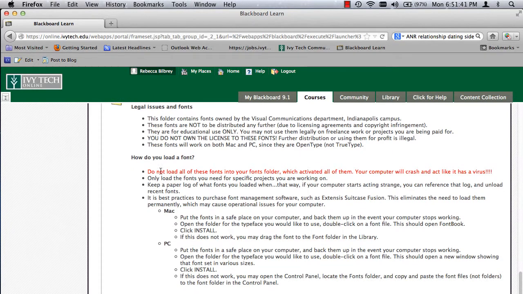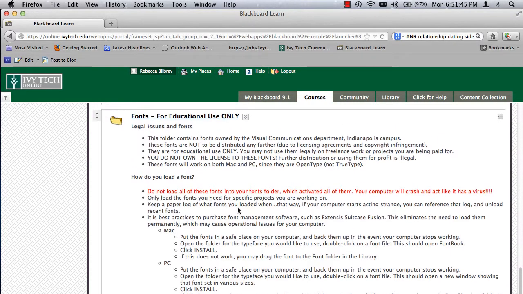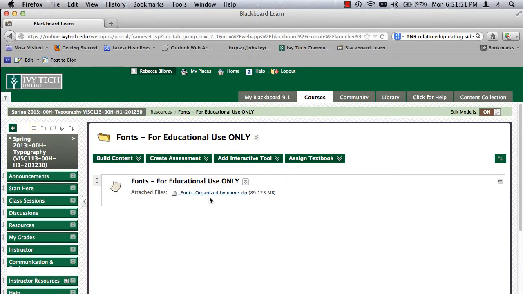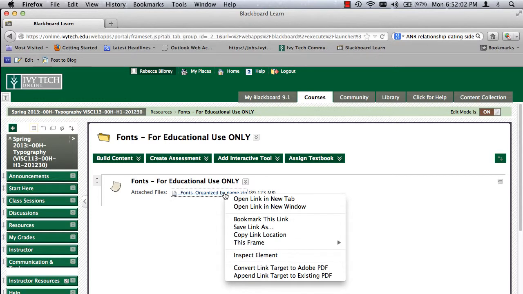Now, I do have instructions on how to load fonts here, but I'll also cover that in this demo. Now I'm going to click on the underlying link that says Fonts for Educational Use Only, and you will see that there is an attached file. Now this is 89 megabytes. This is a big file, even though it's zipped. Zip means it's compressed. So if you right-click on that Fonts Organized by Name file, and you save link as,